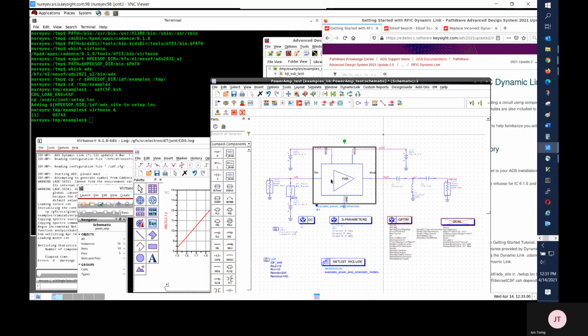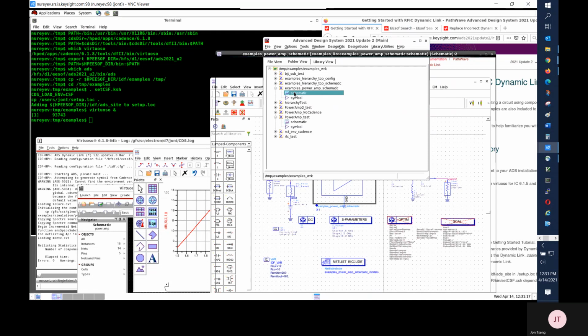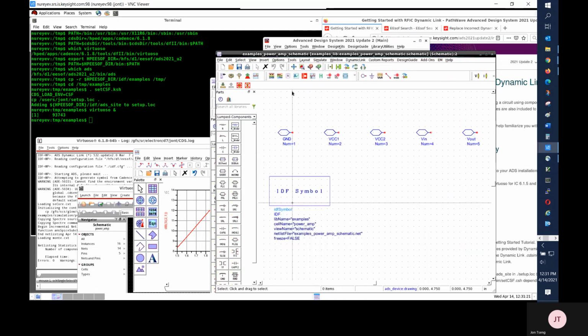The name is Cadence library_cell_view. The symbol is a copy. The schematic view contains pin names and IDF symbol instance. The IDF symbol component has Cadence library cell and view name, a netlist file of Cadence schematic design, and a freeze parameter